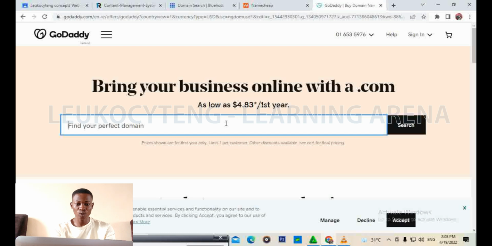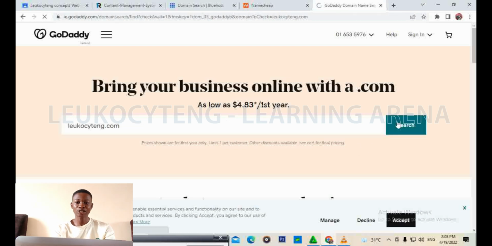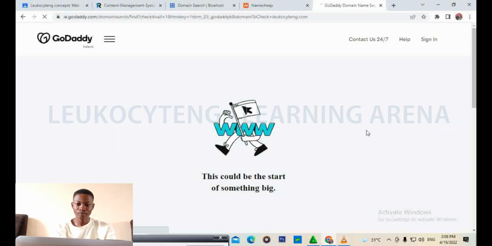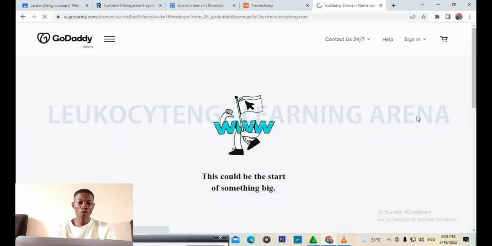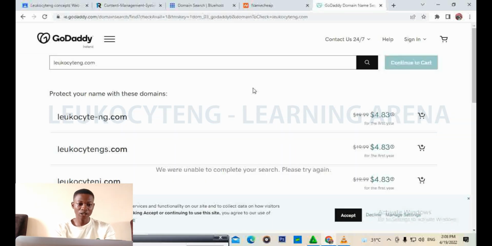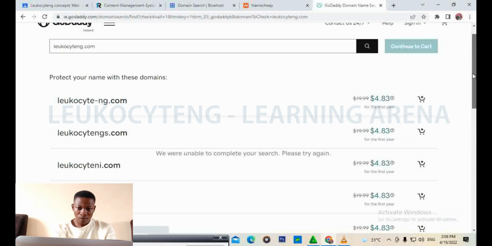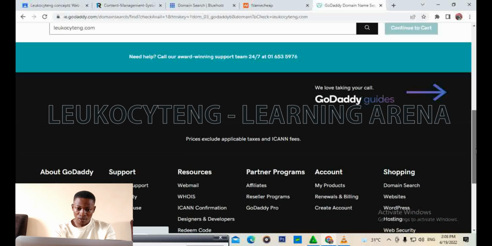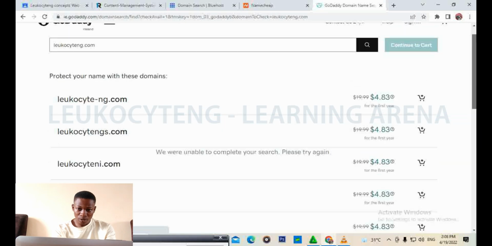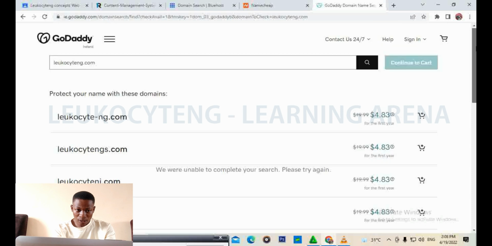The same way I will go to GoDaddy and search. Here it is, and I search, look at something. It will also definitely be available. What is GoDaddy saying here?